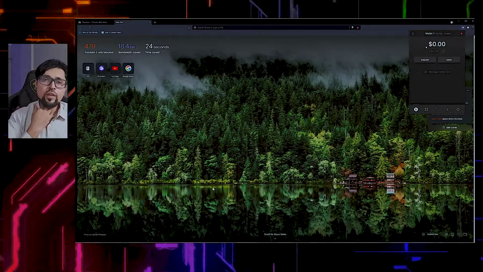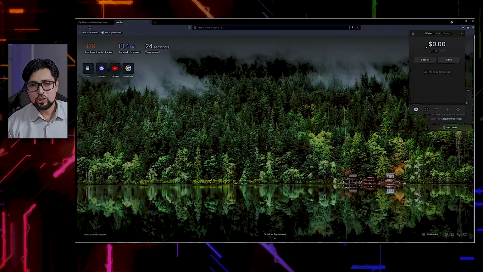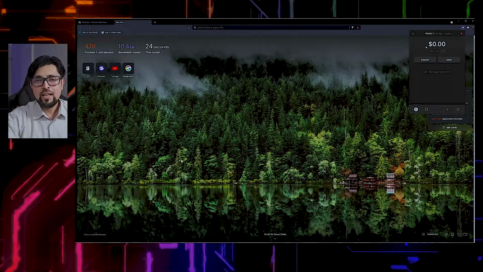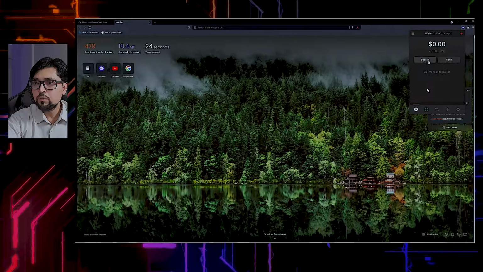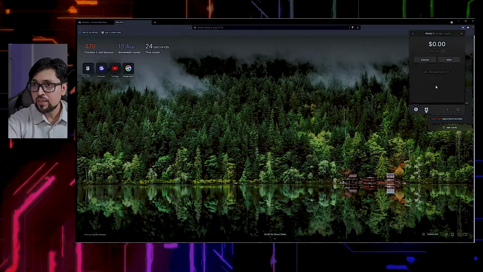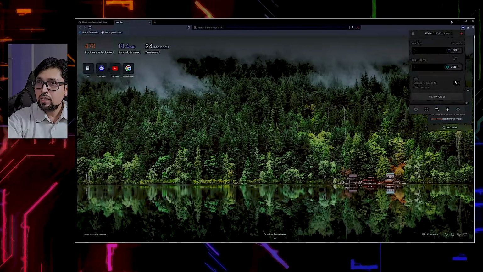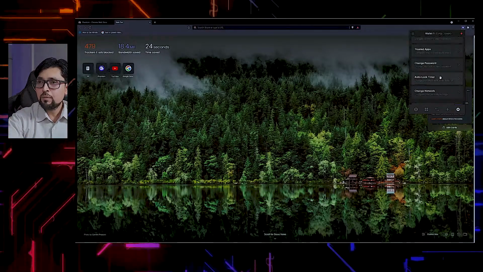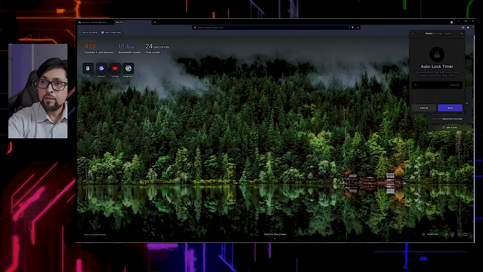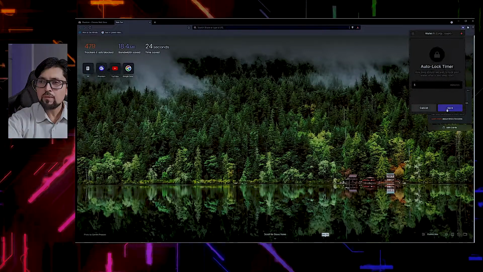This is a very user-friendly wallet and its interface is quite similar to MetaMask wallet actually. If you guys have been using MetaMask wallet in the past, you will find it familiar, and its interface is nice and smooth. In this wallet you can deposit, but whatever you are going to deposit will be in the Phantom wallet. Still, the Ledger wallet is not yet connected. You can keep your NFTs. There is a DEX inbuilt in the wallet and you have some settings if you want to change the display language, change the password, or change the auto lock time. This is by default 15 minutes, but I will change it to 5 minutes just to be more secure.